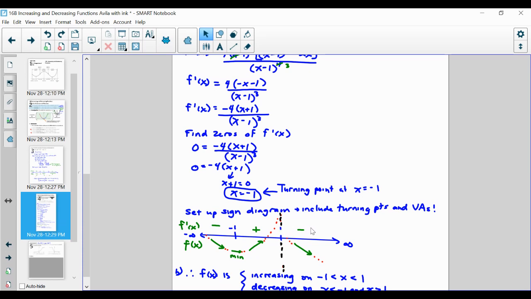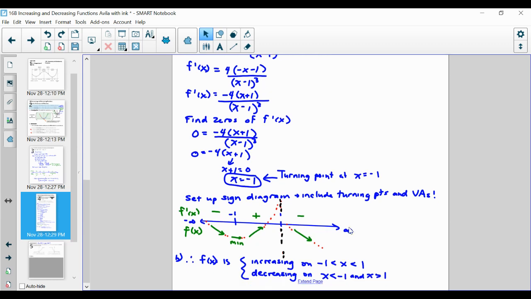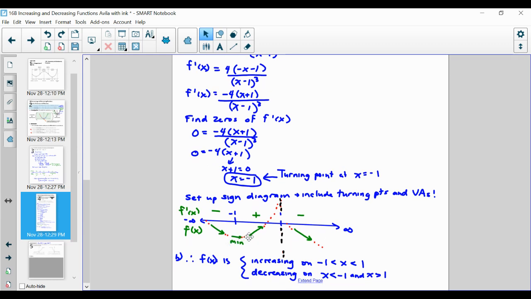Finally, if I pick a number bigger than 1, say 5, I'm going to get a negative times a positive divided by a positive, which is an overall negative result, indicating my function is decreasing. I can join those points with a little dotted line to get an idea of what my function looks like, but I can answer the question by saying my function's increasing between negative 1 and 1, and it's decreasing from negative infinity to negative 1, and from